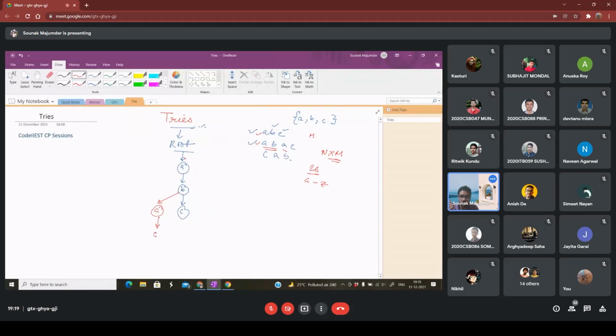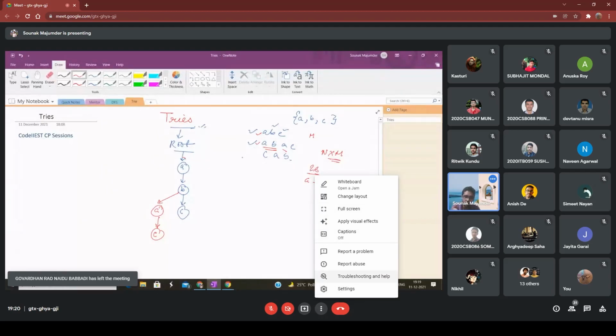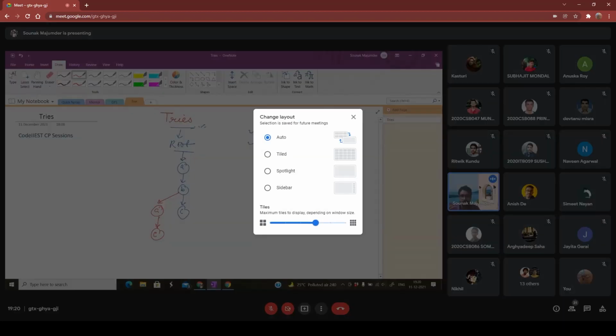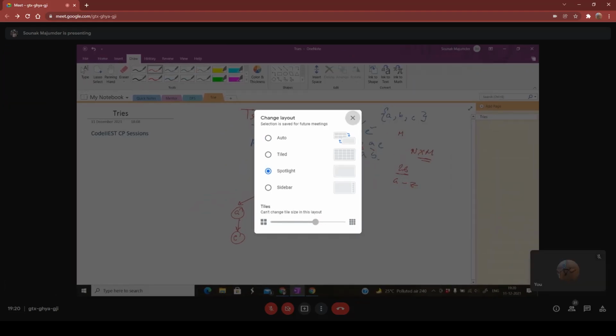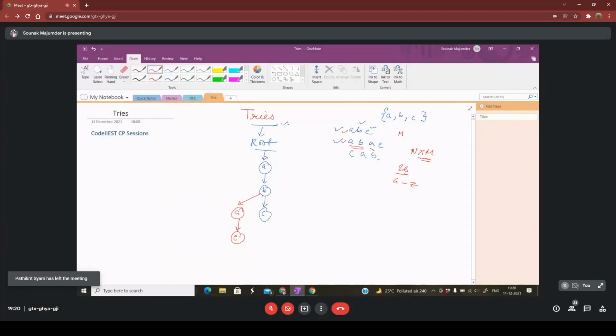it is C. So now we have stored two strings, and from this we can see that initially it was 7 characters, A, B, A, C and A, B, C. Here we are using only 5 characters. A and B are acting as characters for both the strings. For the third string, let's come here. The root does not have any C, so we come to C, then again A, then again B. So this is how the trees are used to efficiently store the strings.